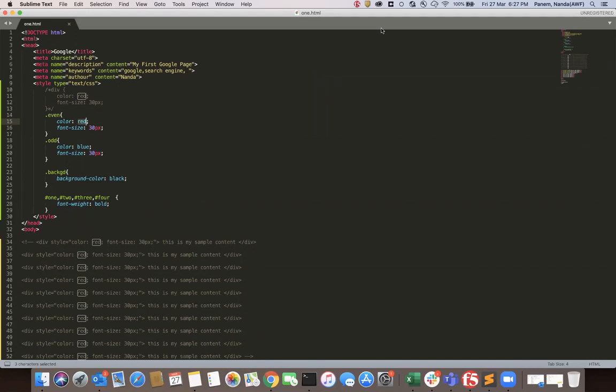Have you ever seen the cartridge on your printers? Whenever you have used printers, how many colors does a printer have when you are refilling it?